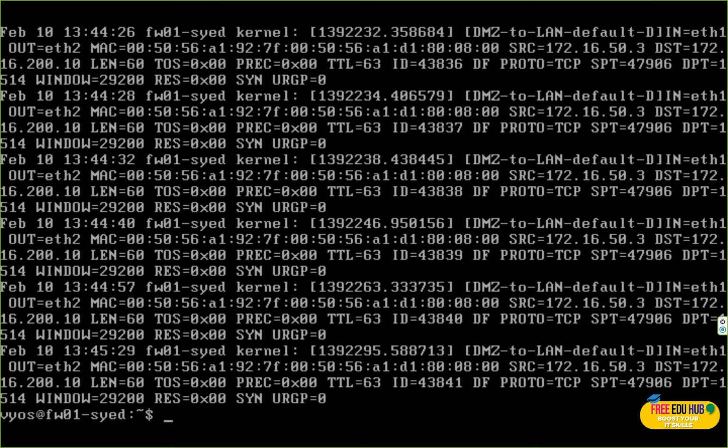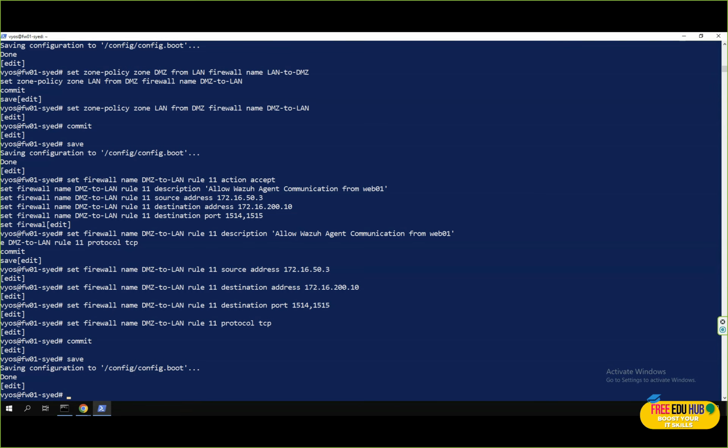Now we set up the rules for Wazuh. To allow the Wazuh agent in the DMZ to communicate with the Wazuh server, we need to modify the DMZ to LAN firewall rules to allow TCP ports 1514 and 1515. So we add these rules. With these rules in place, the Wazuh agents in the DMZ can now send logs to the Wazuh server in the